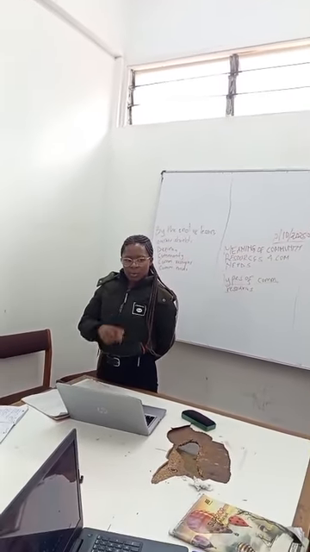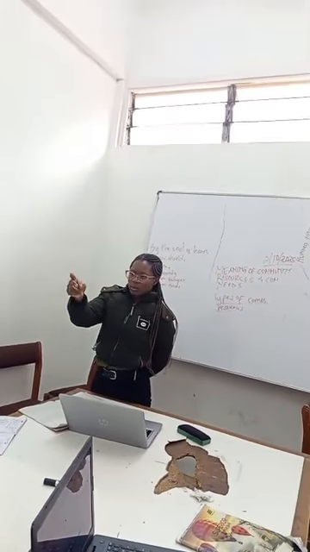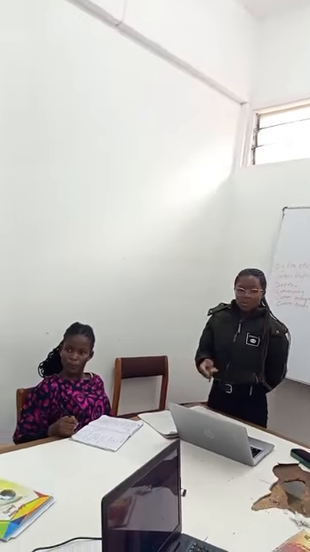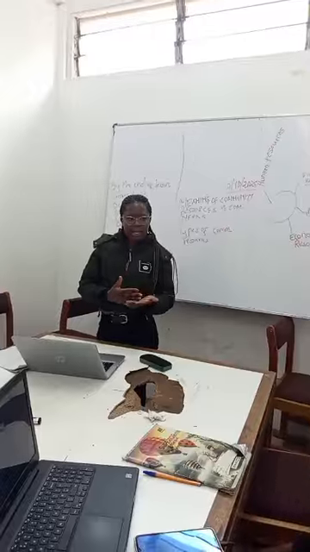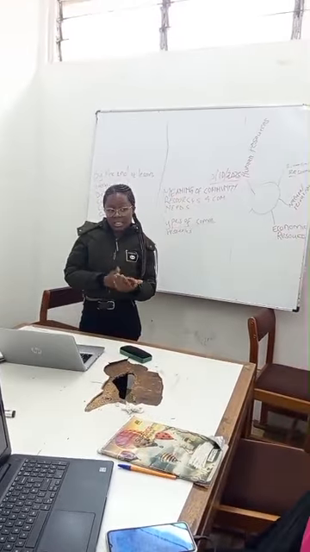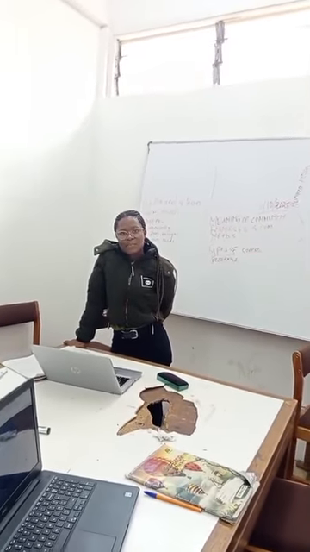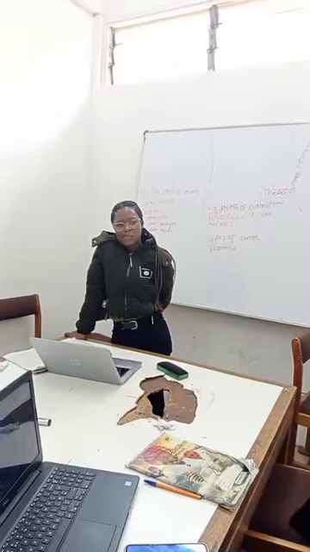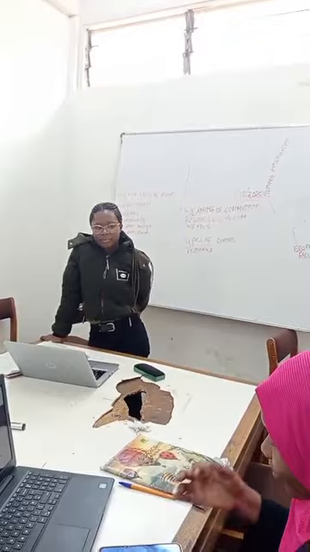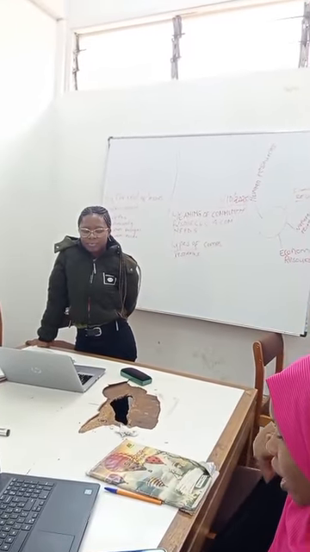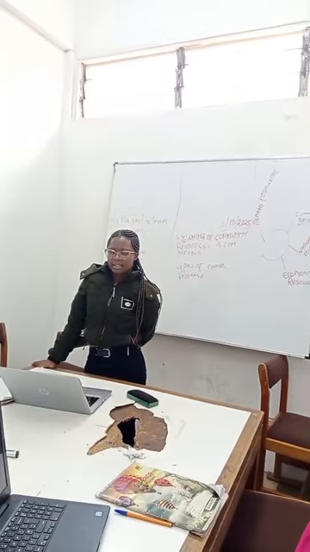Now, group 1. Amina, your group is 1. Group 2. And you? 3. And you? 4. Well, you begin with group 1. You define, and then you give us an example. Nice. Basic needs. These are needs that someone can't survive without them. So these are like water, sanitation, food, health, and shelter. Nice.